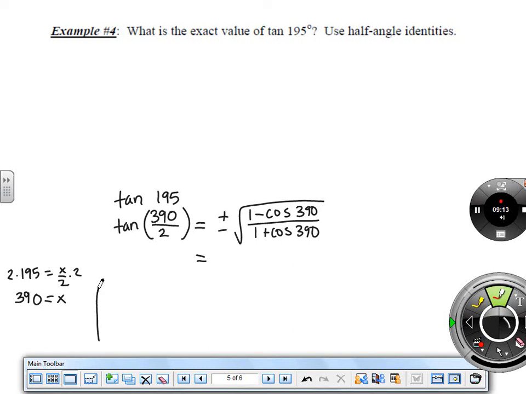So something else has to be going on in your head, like where is 195? Which quadrant? So I know 195 would be somewhere in this third quadrant. The tangents in that third quadrant, because it's a negative x coordinate and a negative y coordinate, have positive tangents. So I'm going to choose the positive in this case, not arbitrarily, not randomly, but because I know where the angle is. So for 390